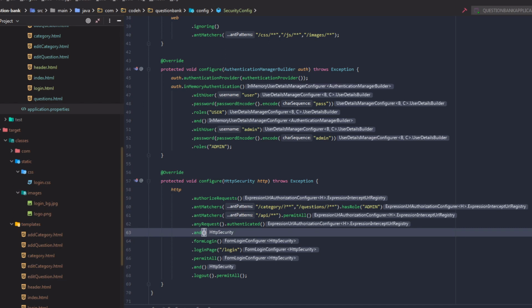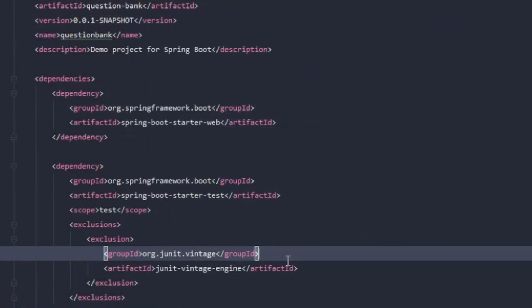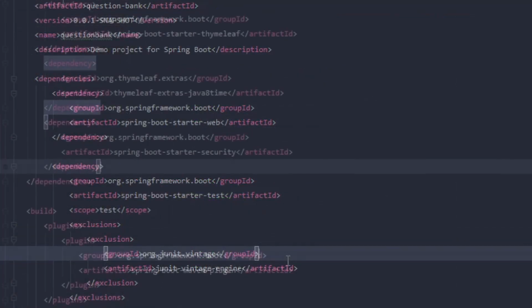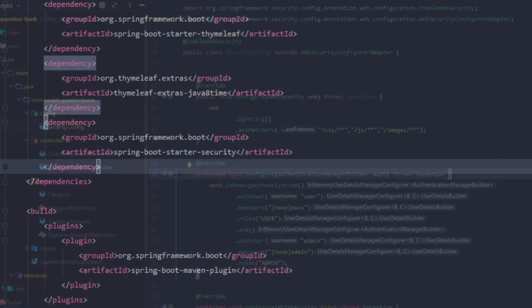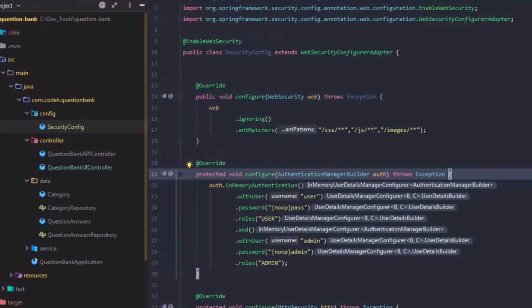The application I am going to start with already has in-memory authentication and database-based authentication implemented in it. You can check out my previous videos to see how we built this entire application, but you can follow along even without that. From the existing application I am starting with, the important components that are relevant to implementing OAuth are the Spring Boot Starter Web and Spring Boot Starter Security dependency in the pom.xml, and the security config class which extends WebSecurityConfigurerAdapter.